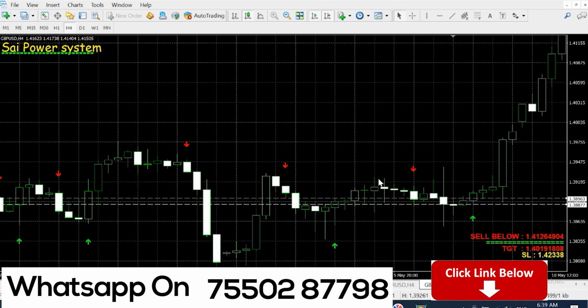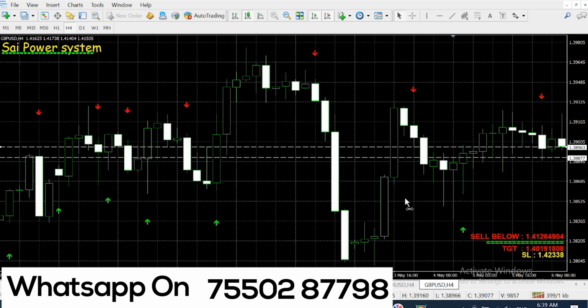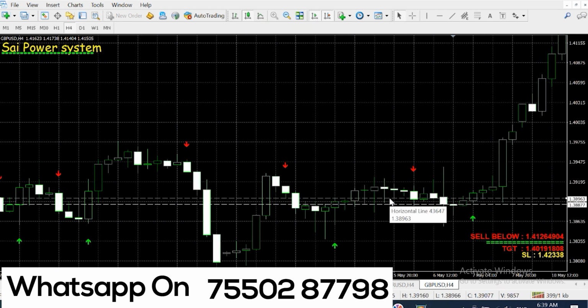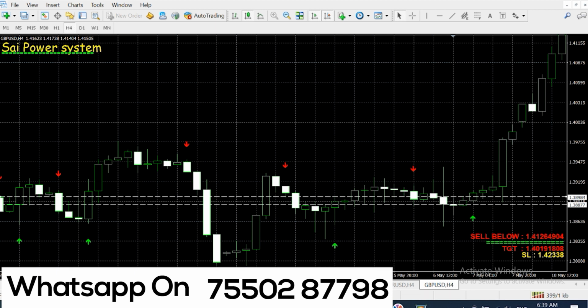For example, if you use a 0.2 lot size, for one lot you put the customized target and take the target, and for the other lot you wait for a trailing stop loss. So there's a trailing stop loss here, triggered here. The sell came here, and the sell customized target is achieved at this level.